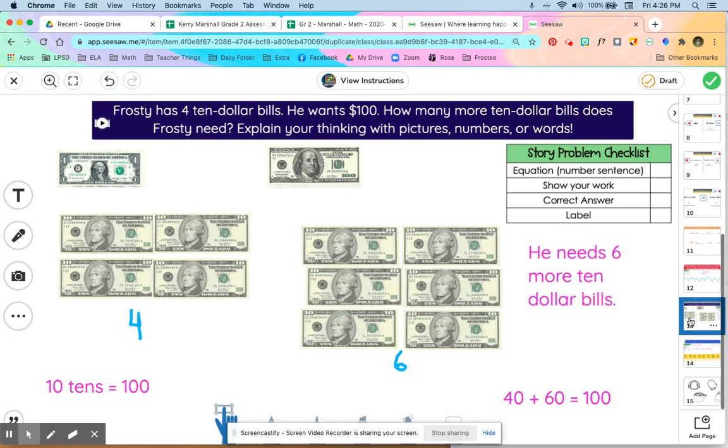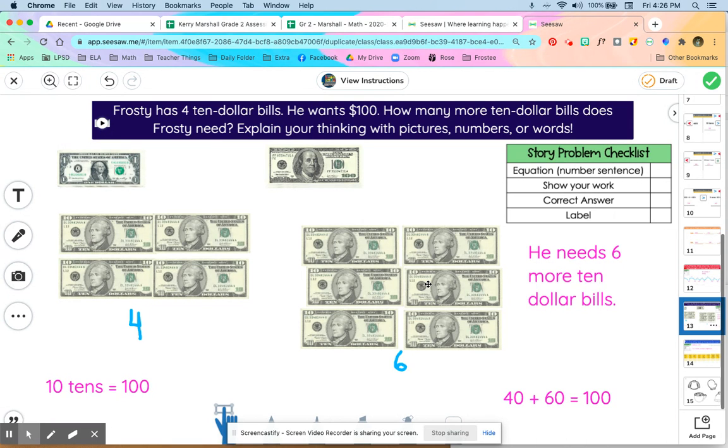Next story problem, Frosty has 4 $10 bills. He wants 100. How many more does he need? Up here, there were some manipulatives. If they showed the 4 that he had, it probably helped them. They didn't have to do that though. They wanted the students to see that he needed 6 more $10 bills because 4 and 6 was 10 and